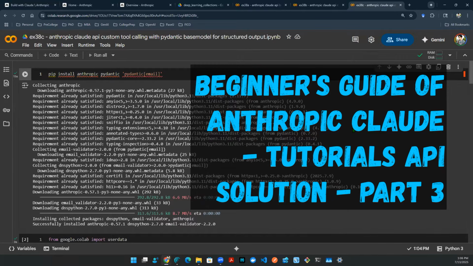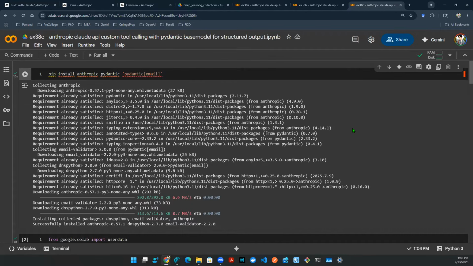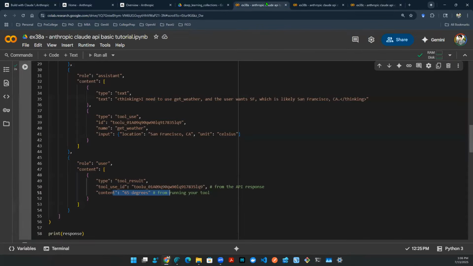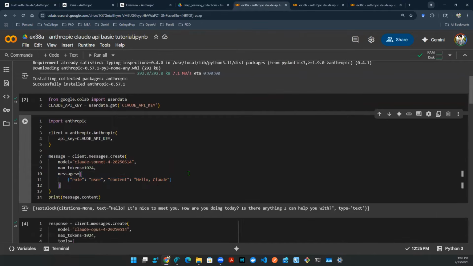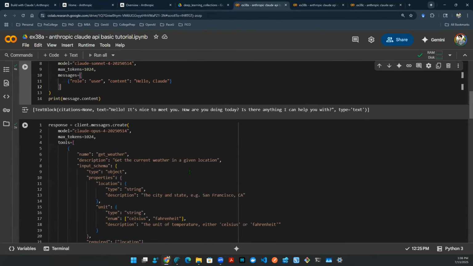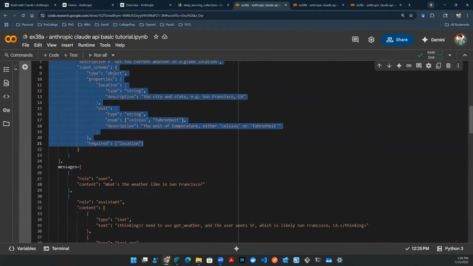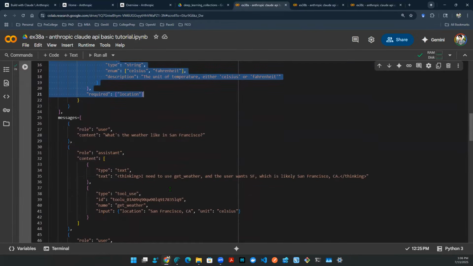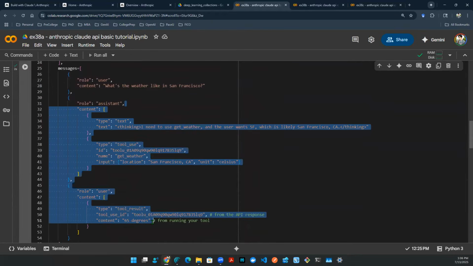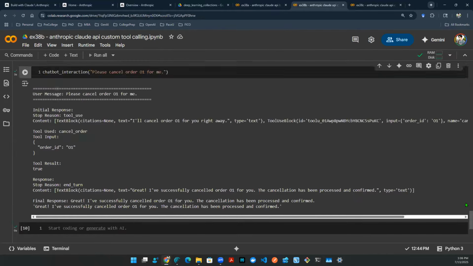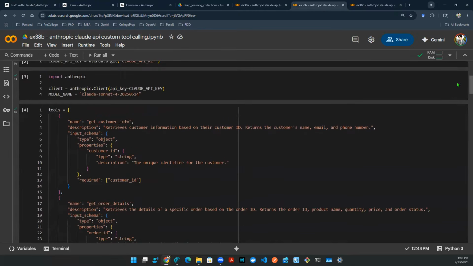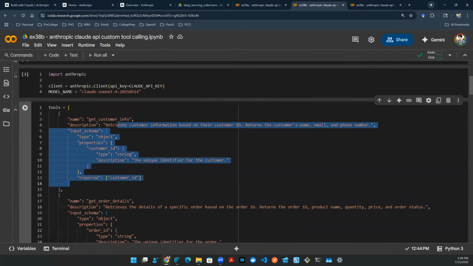So the past couple of episodes, we've been introducing the basic idea of the Anthropic Claude API client, as well as the SDKs. We talked about basic invocation, basic API calls, such as Hello World, right? Hello Claude. And then we also talked about tool calling, right? Get weather, things like that. And then how it's a little caveat and non-trivial to put together a list of conversation to stitch the tools together. So in the previous episode, we talked about the caveat of what if you have multiple tools that are custom defined,